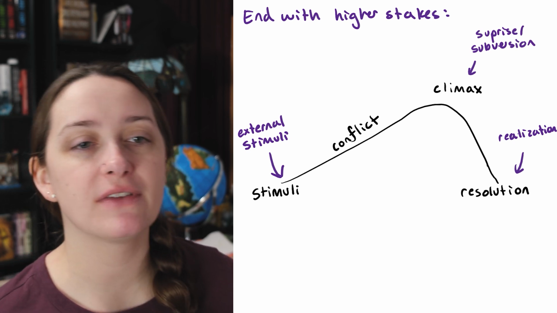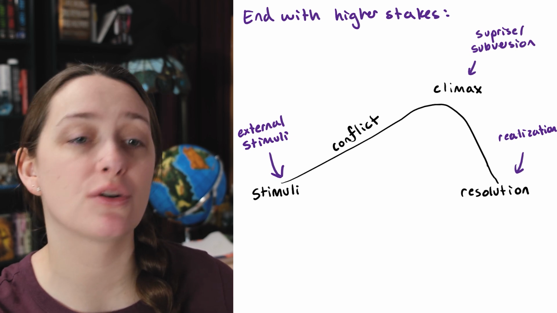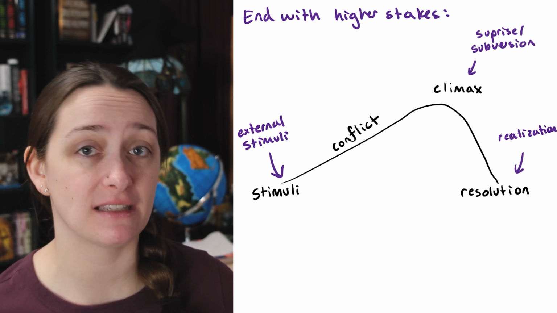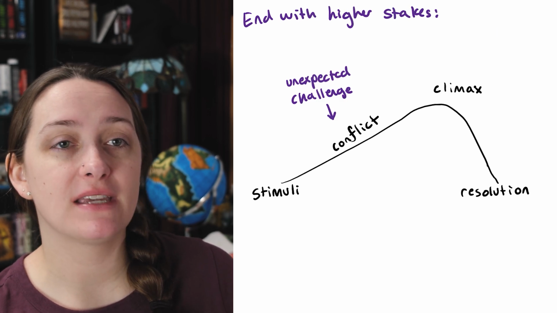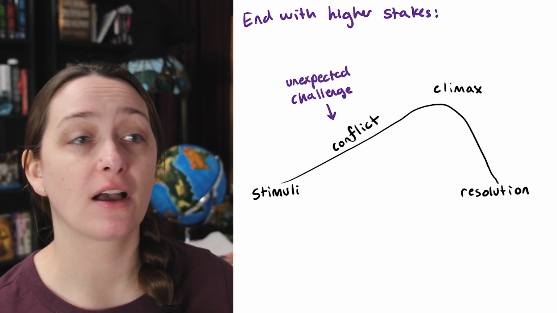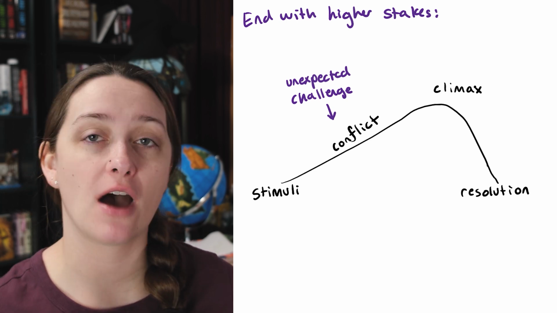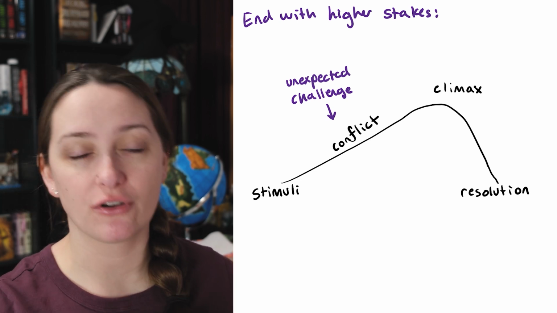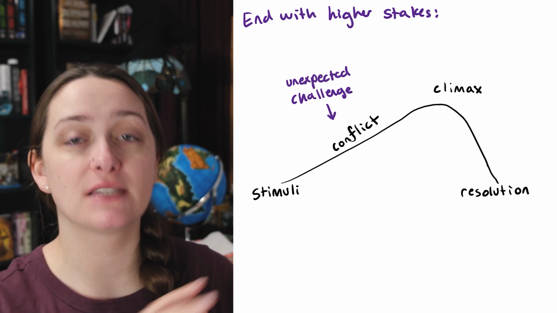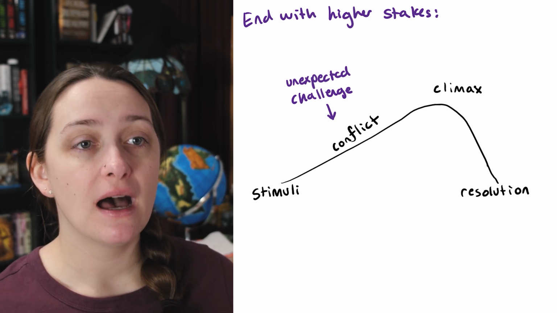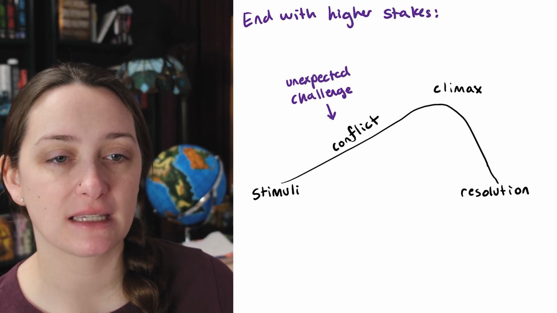And the hook here is obvious, right? It's increased danger, increased consequences. How is the main character going to rise to the challenge? Can they rise to the challenge, right? So another spot that you can have this can be during the conflict section. So basically, stakes can get higher in that conflict, right? Because you should have increased difficulty, increased stakes throughout this scene as we build towards the climax. So this could be a spot where the main character realizes it won't be as easy as expected, right?